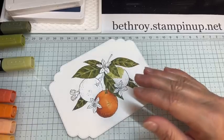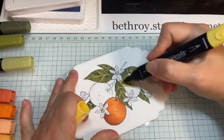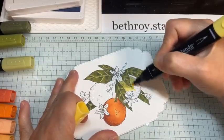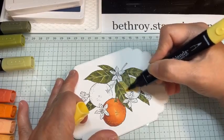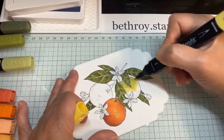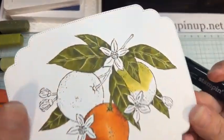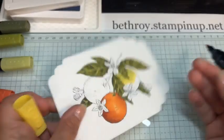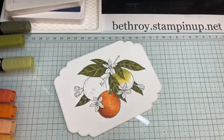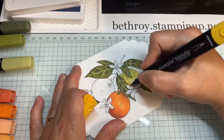The next color I used was light Daffodil Delight. And we'll see, my marker was kind of running out earlier, so we'll see if it wants to color. I've been coloring these a ton. And I'm just going over top that green. So I'm layering this and creating almost like a new color. I'm blending these two together. Now we need a little brightness to that yellow, and that is where the dark daffodil comes in. So this is the dark daffodil, and I'm